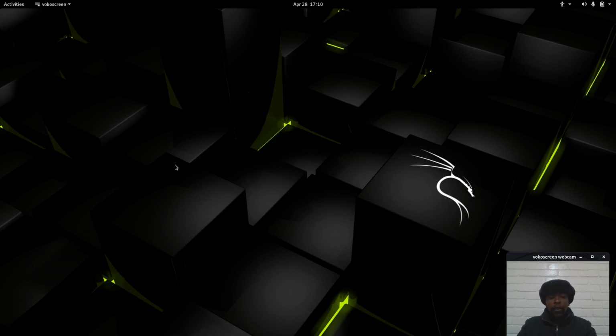Hey guys, today I'm going to show you how to fix the applications menu that disappears when you've just upgraded your Kali Linux machine. After doing some upgrades from Kali Linux 2020.1, I saw that my applications menu